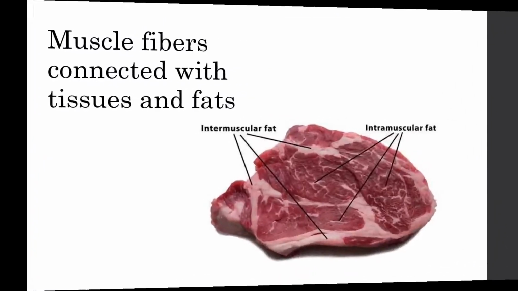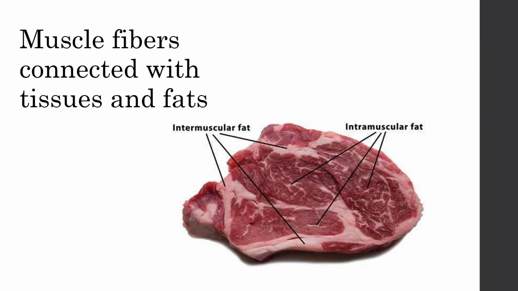Inside the meat, we have the muscle fibers connected with tissues and fat. So, this is the fat, yung mga puti-puti na yan. Yung mga maliliit yung connections niya, that is the intramuscular fat. Most of the time, kapag nakakita kayo ng raw meat na binili sa palengke, makikita ninyo mga puti-puti. So, that is the intermuscular fat and intramuscular fat. Yan, yung mga maliliit-liit na yan.